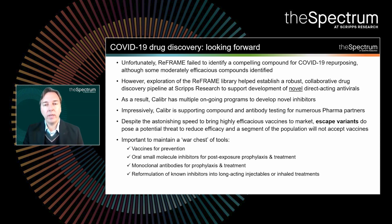So at this point, we all know that vaccines have astonishingly made it to market very quickly. And so you may be asking, why is there a need for a small molecule antiviral therapy at this point? And I think, as we're all aware, there are escape mutants that will continue to emerge that will threaten the efficacy of vaccines or reduce that. And there's just going to be a segment of population that will not accept the vaccines or don't have access